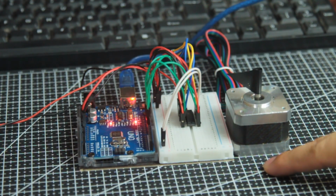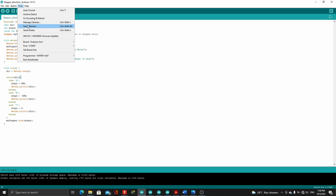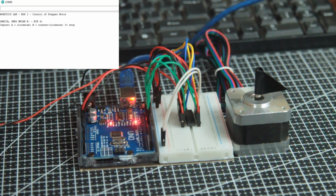So this is the actual circuit based on the breadboard connection and the schematic. Tools, serial monitor, and we enter the input A,